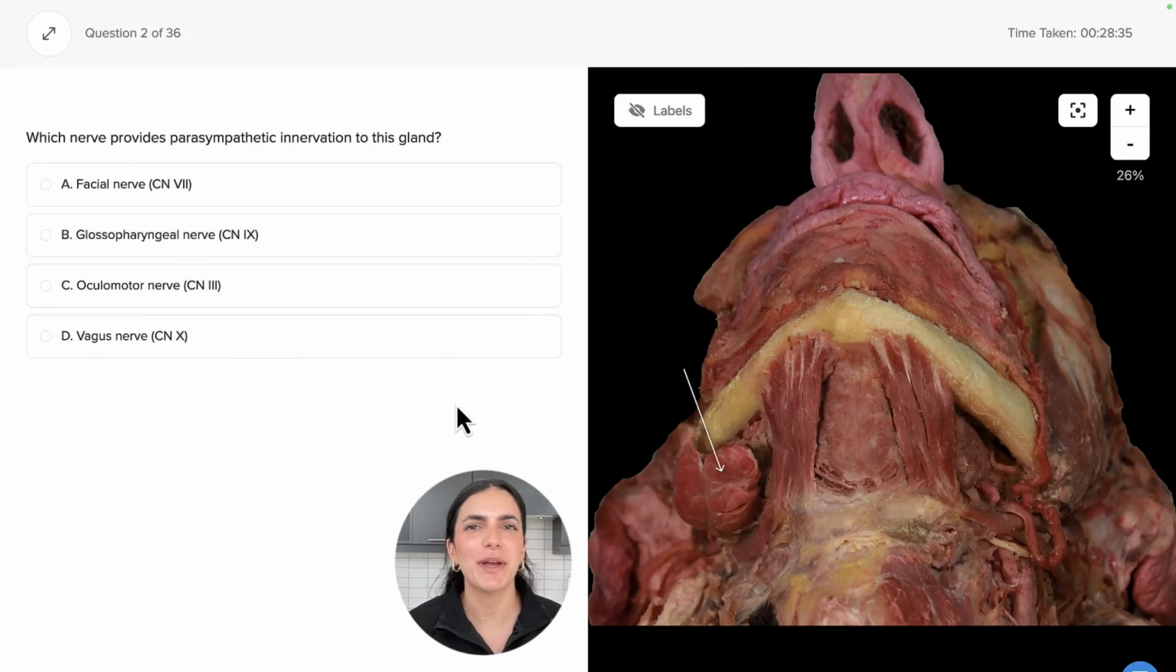Which nerve provides parasympathetic innervation to this gland? Gabby here from bootcamp.com, and here we're looking at a dissection along the suprahyoid region of the neck and underneath